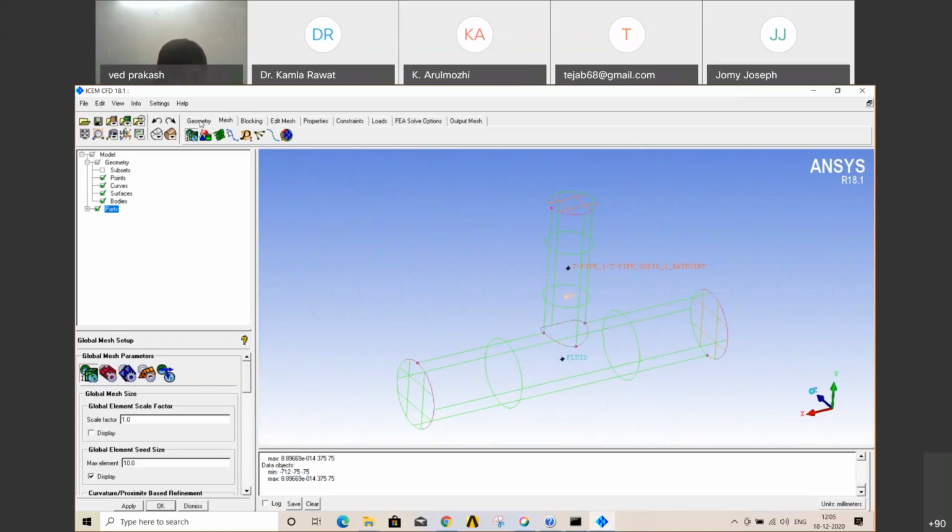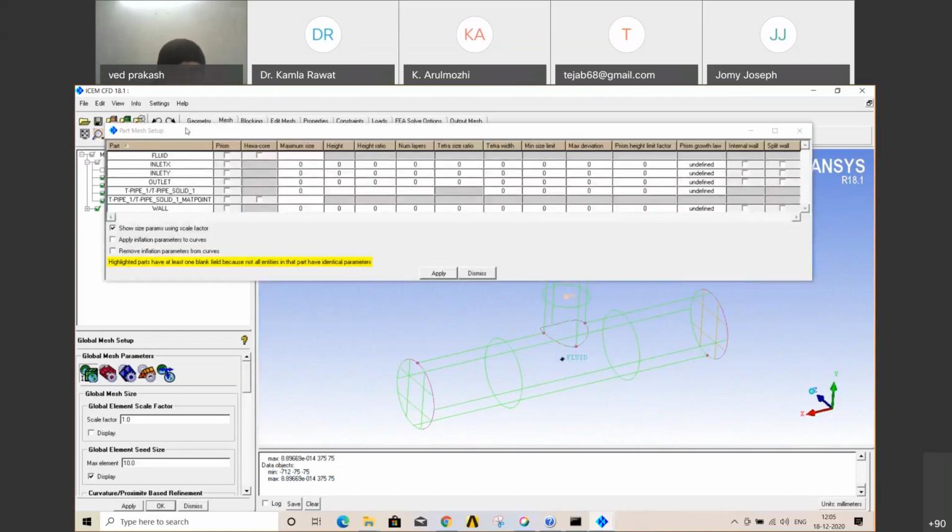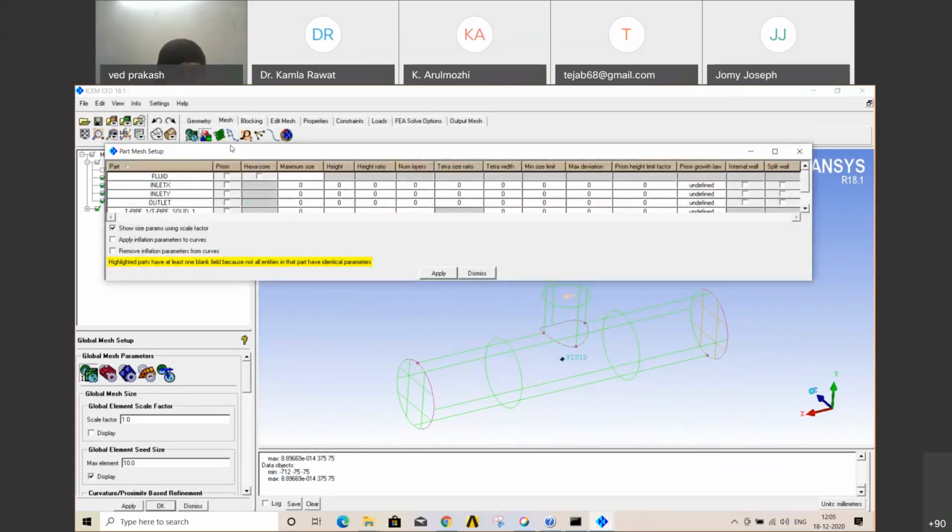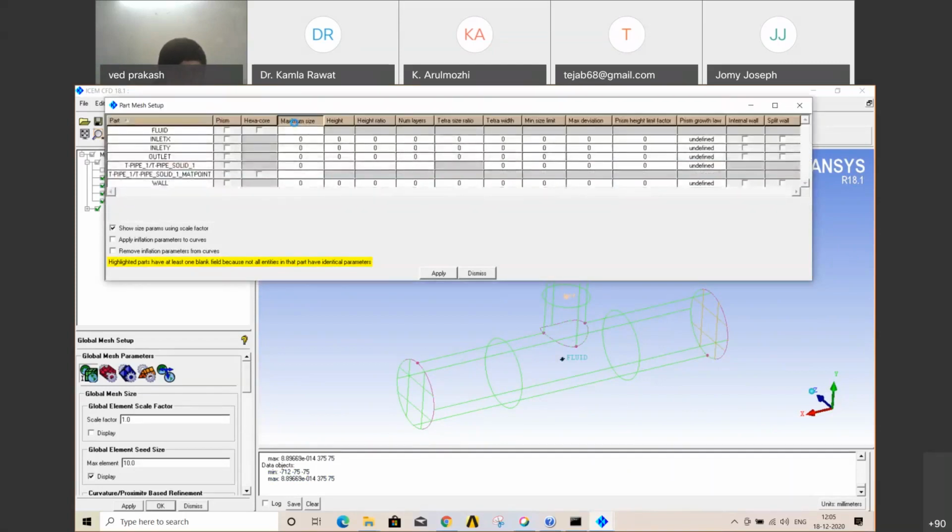Now go to the second option, part mesh setup. Just select your maximum size as 10 only because we have already decided. Wall, I'll explain it later. Just apply.